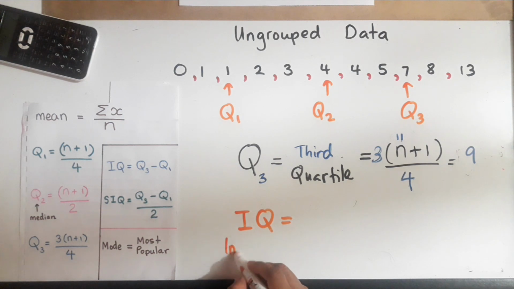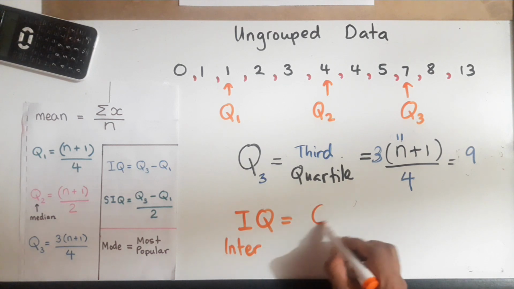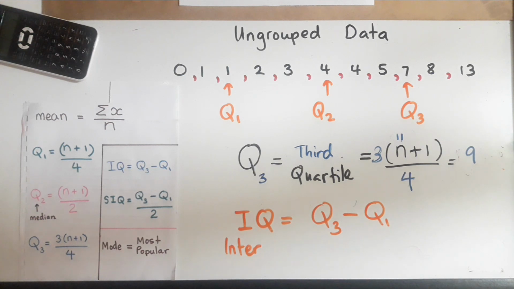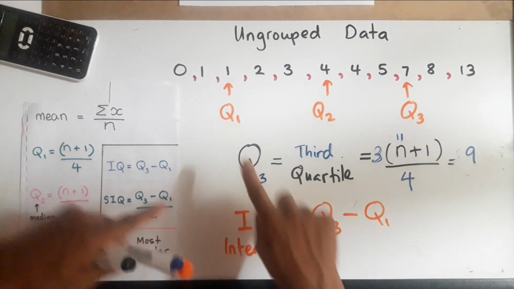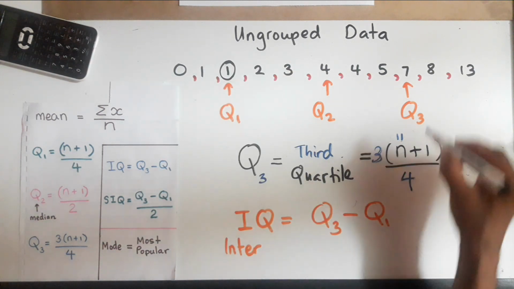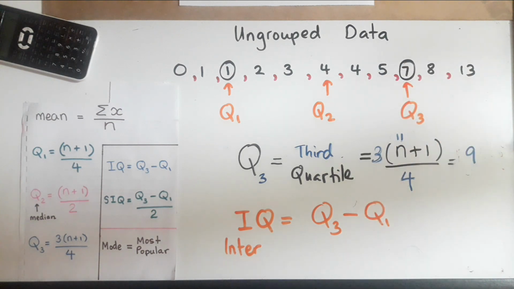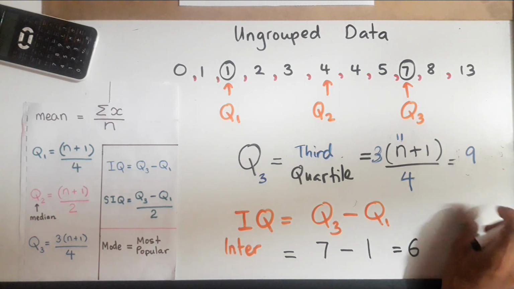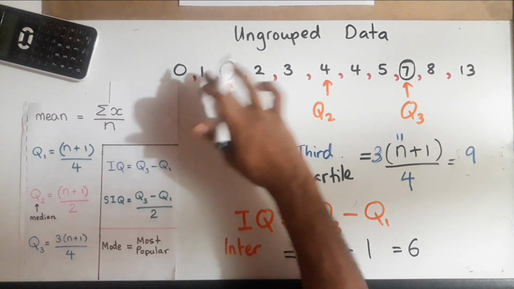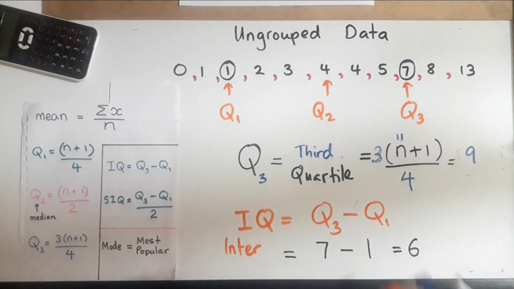interquartile range. To get the interquartile range, you have to take the answer you got for Q3 minus the answer you got for Q1. Remember the actual answers. The actual answer for Q1 was 1 and the actual answer for Q3 was 7. Okay? So it's 7 minus 1, which is 6. So your interquartile range is 6. Right? You don't have to count to 6 for that one. This is your final answer.